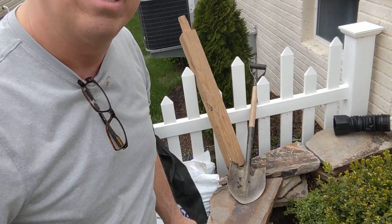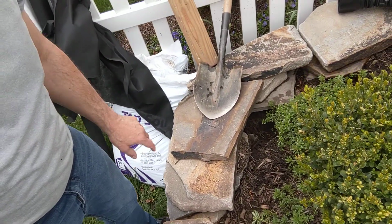Just did a project on negative grading to slope the water away from your home, especially where it overflows gutters and things. Now I'm doing another one. A bed I built a couple of years ago. At the time, I said, well, if I need landscape fabric, I'll add it then. I'm an idiot. I should have done it then because now the dirt has washed away substantially inside my rock